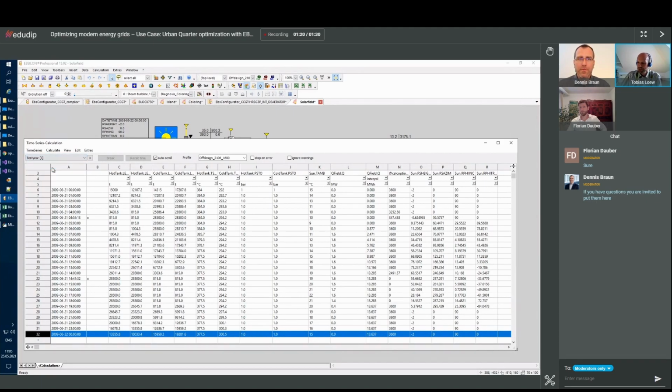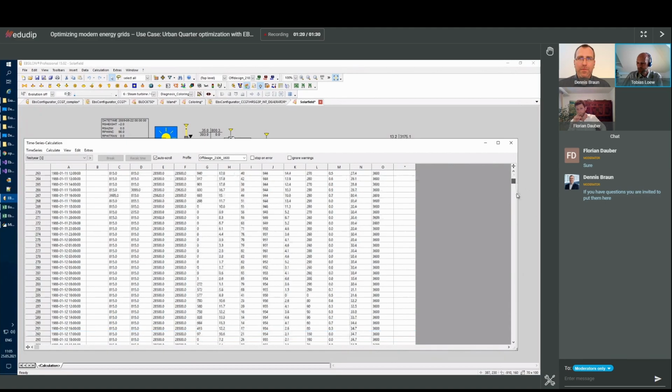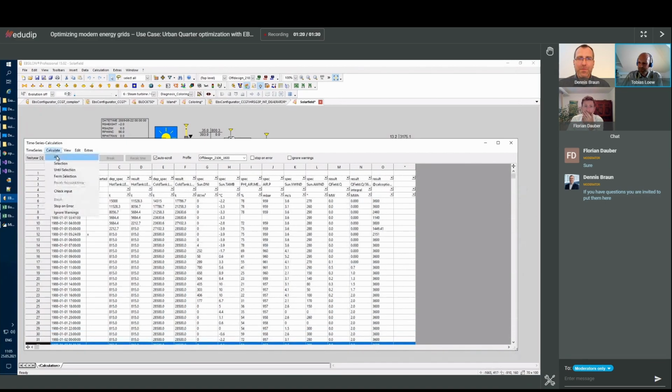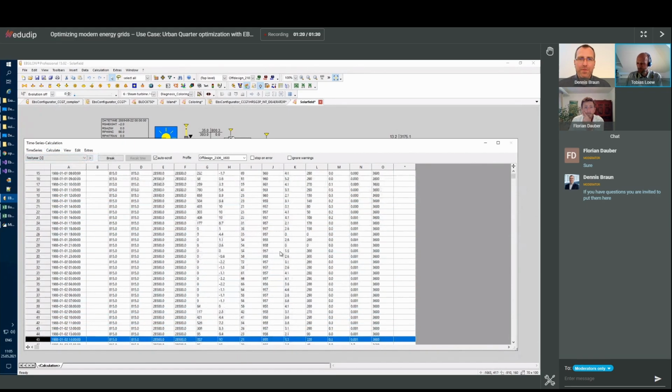And we can also switch to the whole year data. Okay, this is quite old, from 1988. We got weather data for this region, and okay, I can start it. It runs, and you see it calculates quite fast, but I think it takes roughly half an hour to calculate the whole year.